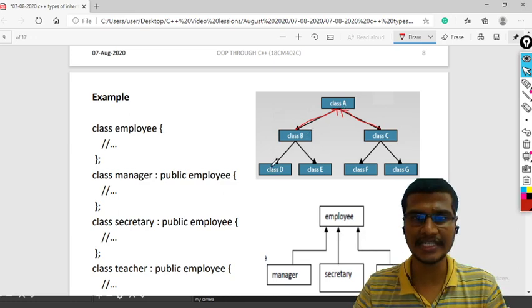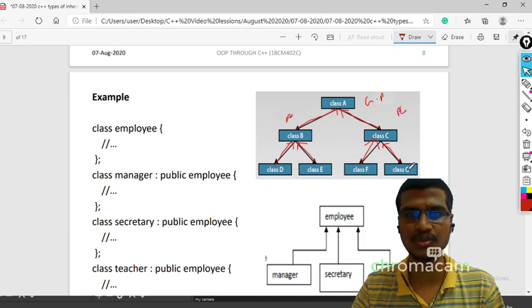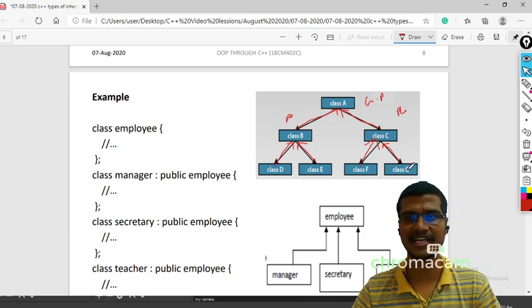And in the next level, class D and class E are derived from class B. Two child classes are derived from a single base class. And from class C also I am deriving two. This is your grandparent, and from this we have parent 1 and parent 2, and parent 1 contains two children, and parent 2 also contains two children. So that is the generic way.